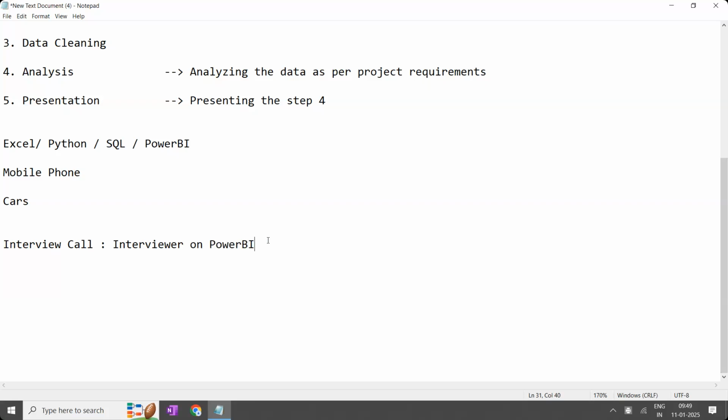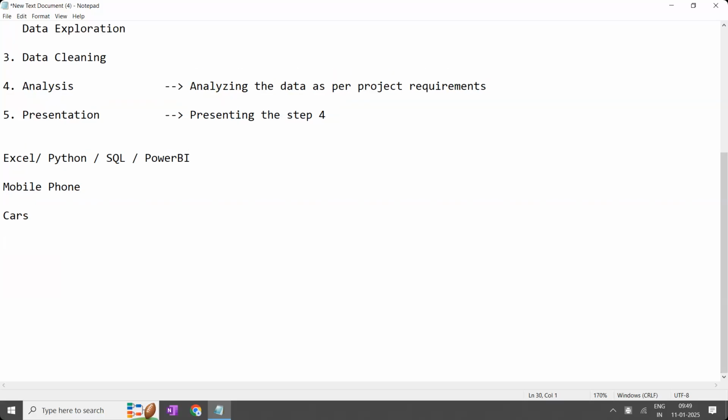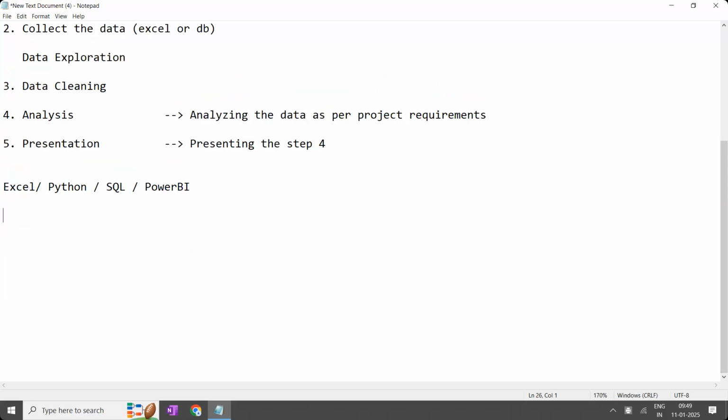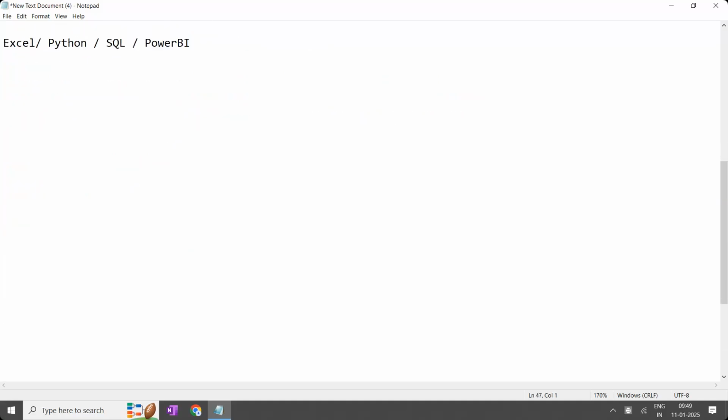But before that, before the interviewer asks you the questions, remember this point. The interviewer will ask questions that everyone knows, but here you are missing a few concepts, a few logics. What are the logics you are missing, miss? Before that, first the interviewer will not ask the question directly to you. You are thinking, sir, in the interview if they ask data cleaning in Python, what do I have to do? If they ask data cleaning in Power BI, what do we have to do? You are thinking in this way.